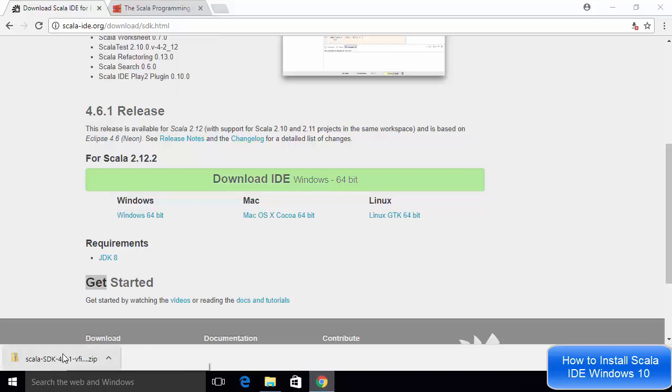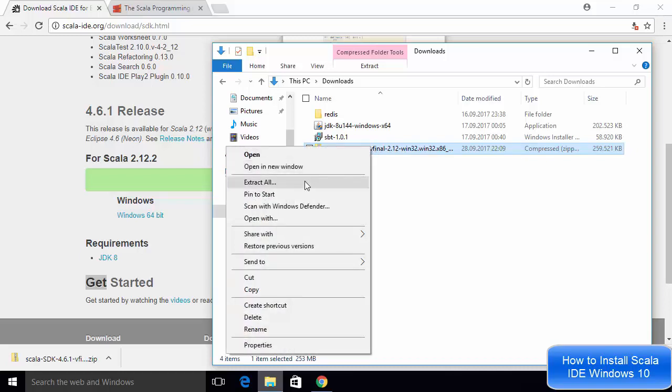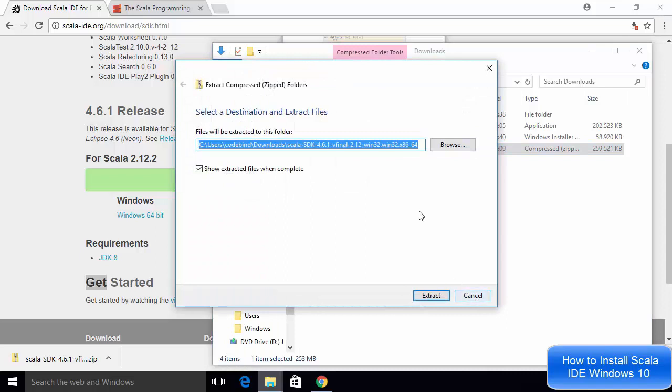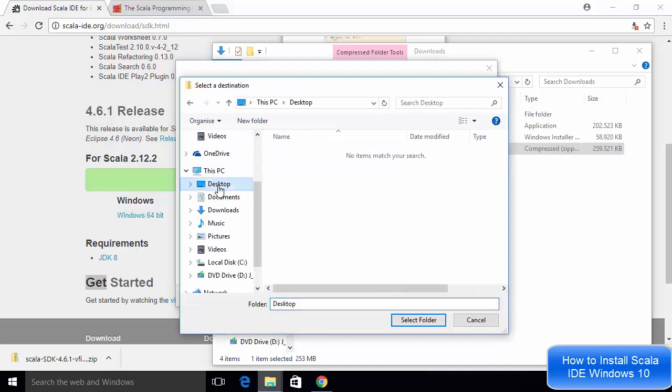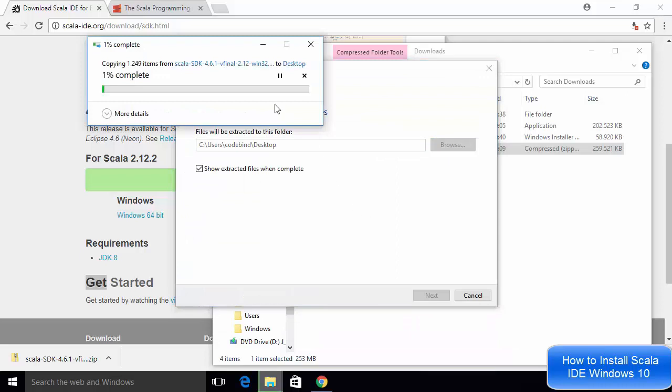Now this zip file is downloaded, so I'm going to go to the folder where I have downloaded this zip file. This is the zip file which I have downloaded. What I'm going to do is right click and extract this zip file. Let me extract it to my desktop, for example. You can choose any folder of your choice where you want to extract this zip file. In this case I'm choosing my desktop folder, and I will just say select folder and then extract,